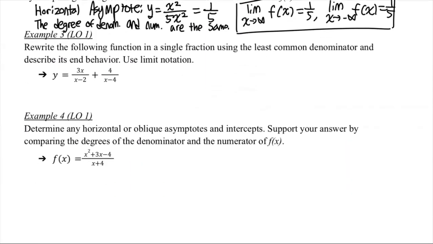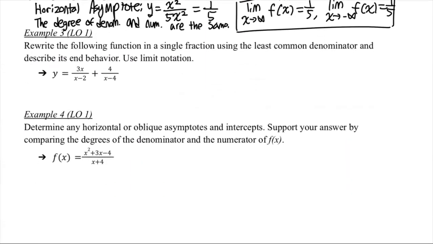Great. Let's look at example 3. Rewrite the following function in a single fraction using the least common denominator and describe its end behavior. Use limit notation. So essentially, we have to write this in a single fraction. How can we do that? These two fractions need to have the same denominator, so we have to find the least common denominator. The simple method of doing that is by